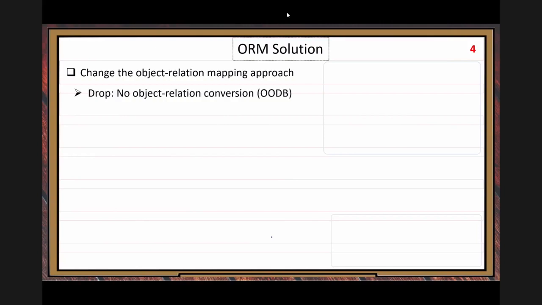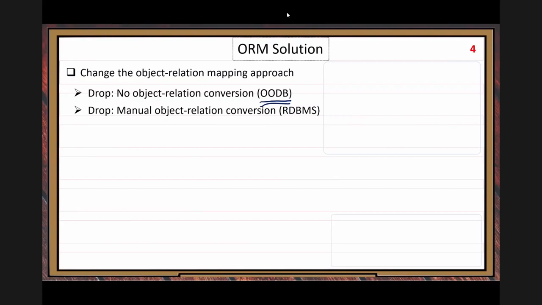Drop the older approach, the old object-oriented DB, where there is no object relation conversion. But with this one, you do that conversion, but in an automatic way, not a manual way, by buying some special tool to do it. So drop manual object relation conversion.